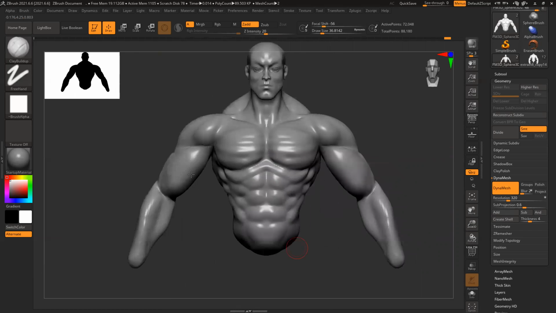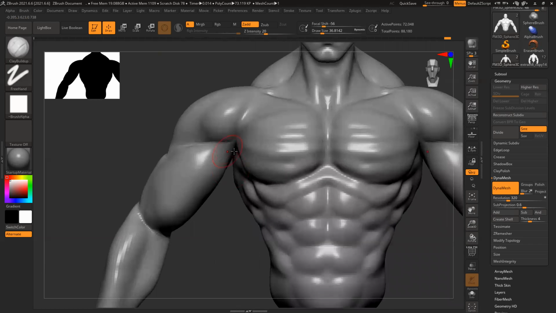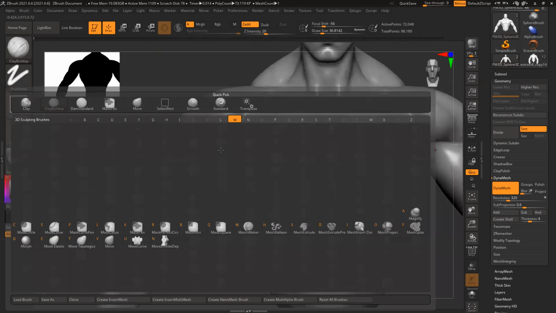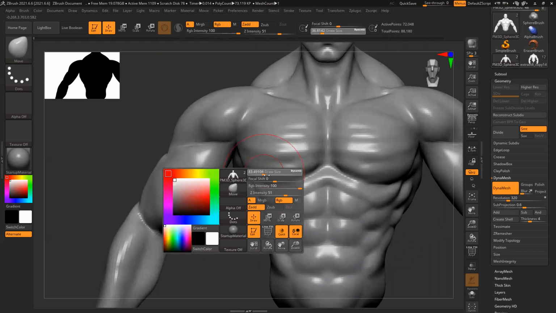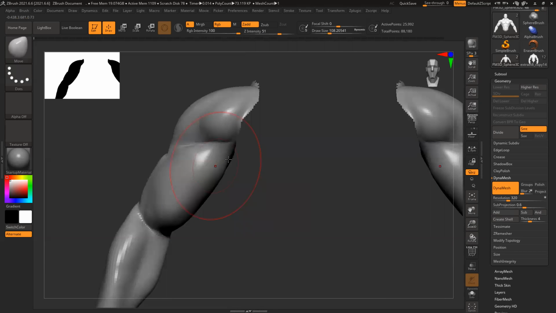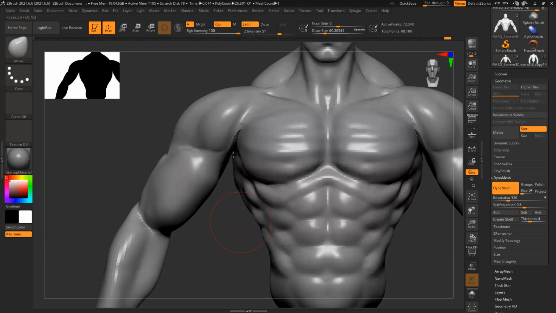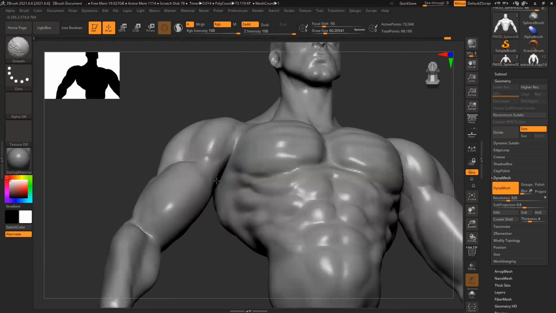So here, one thing I feel is the size of the biceps. I'll just reduce it and pull it slightly down. The biceps was looking way too big, so just reduce it slightly. Yeah. And then smooth this area.